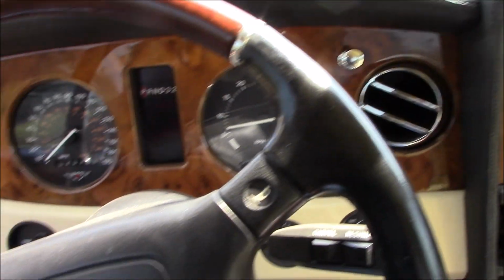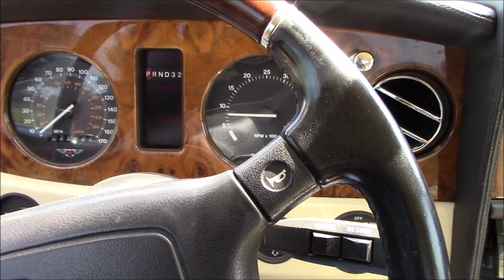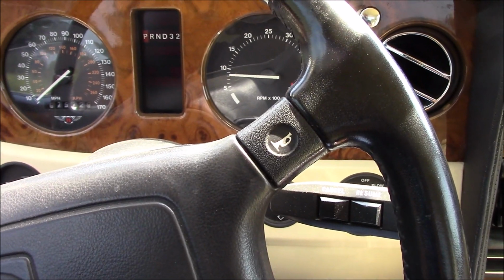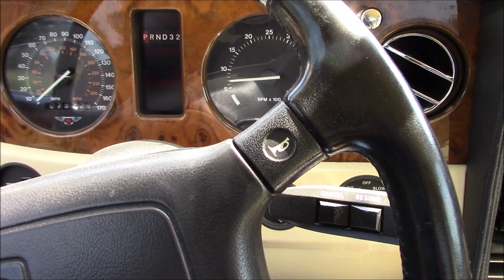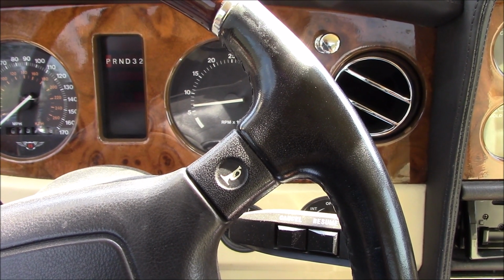Anyway, so there you have it. My new 1996 Bentley Continental R. Runs and drives. No check engine light, no warning light, which is great. AC works. Should be a quick fix, and I'm going to have a lot of fun with it. So I hope